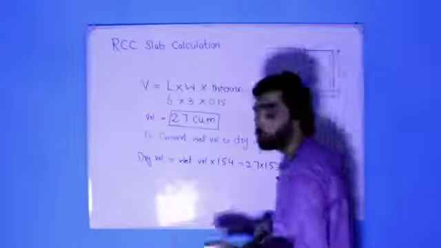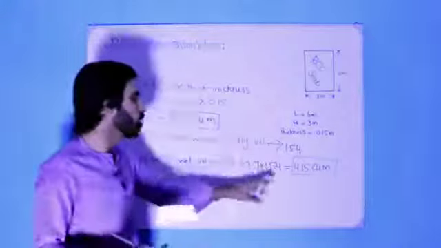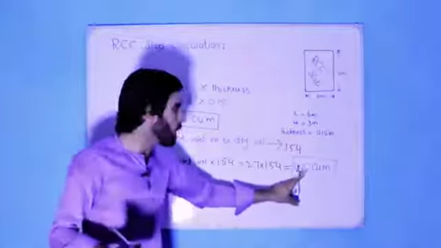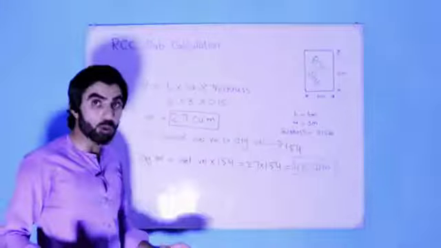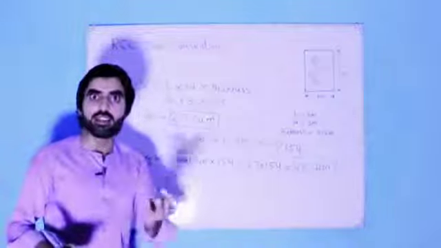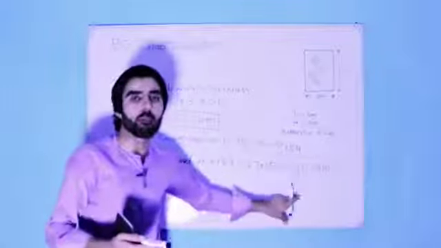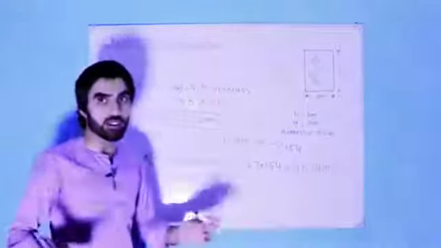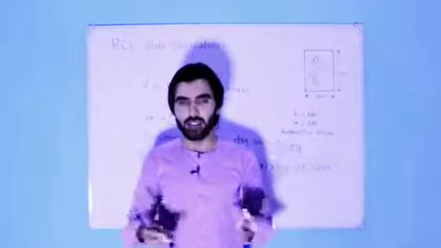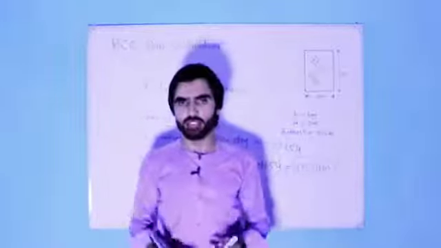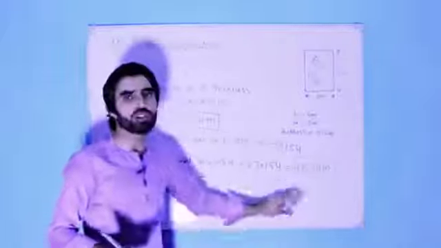So this is the volume from which we can find the material. This is the RCC slab calculation we get from this video: 4.15, but not the other one. That is just the volume of the RCC slab, but from the dry volume we can find materials, cement, sand and aggregate, so we will use this volume. This is the main point. After this we will take the material proportion, like M15 grade, M20 grade, M25 grade, M10 grade, etc. For that we will use this volume.